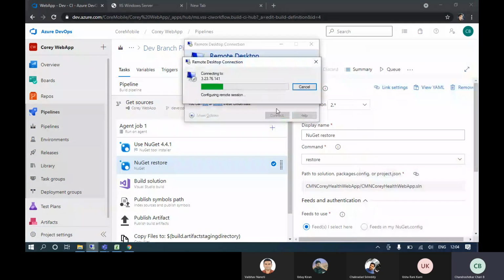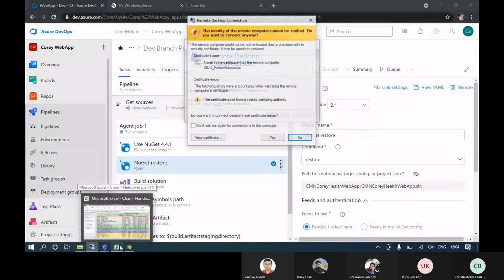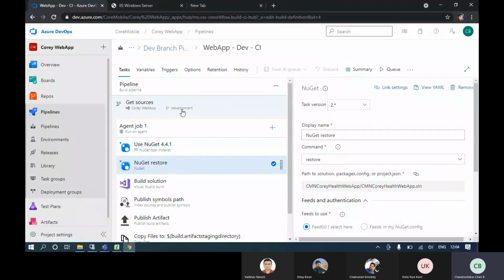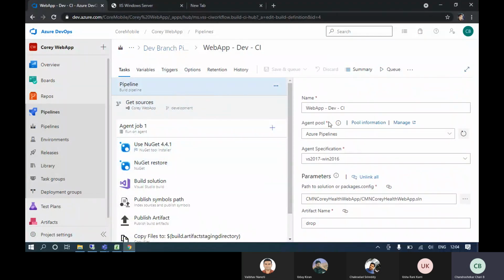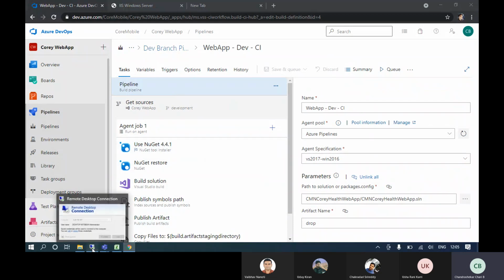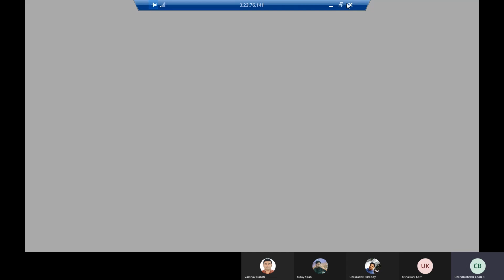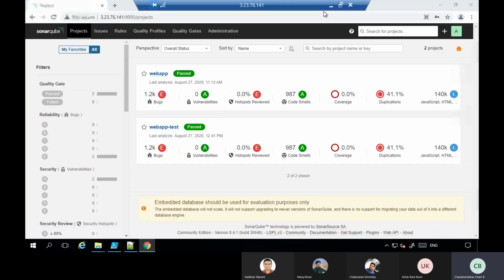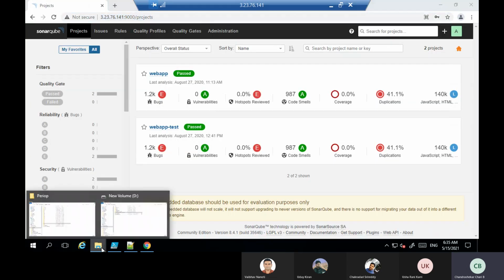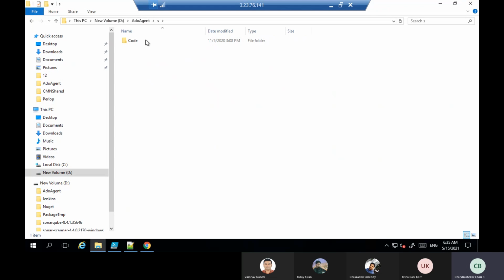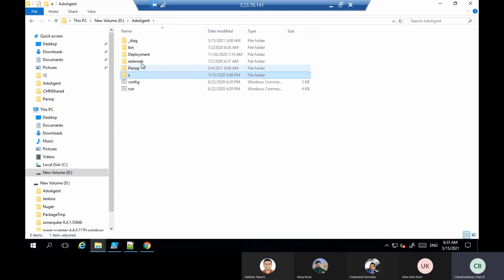This is the agent, here it is showing. You can see the agent pool. What I have done is I have created one server in AWS and run the Azure agent you will get. You need to run that agent and it will be configured in this D drive. So the ADO agent is there, right? Inside this only everything will run. It will be configured as 1, 2, 3, 4, 5, 6.